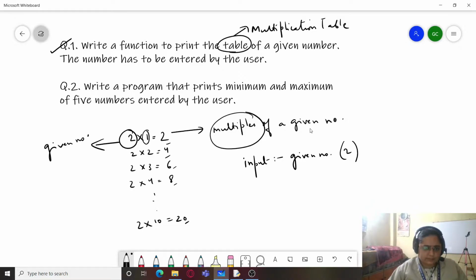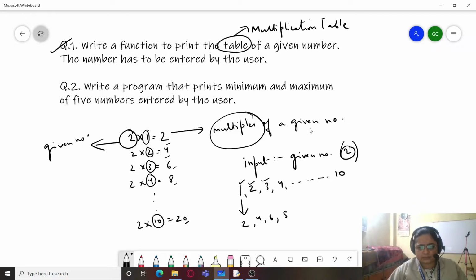Then you have some numbers. As you can see, these are counting numbers, that is natural numbers, and they are being incremented by a factor of 1. So these numbers are varying between 1 and 10. And finally, when I multiply this given number by each of these values, we would get the multiples of the given number.